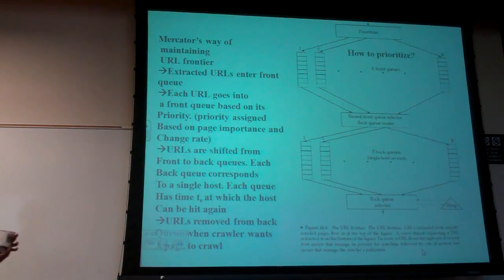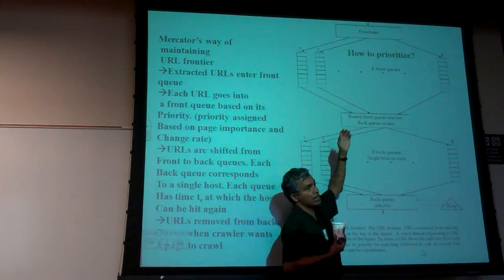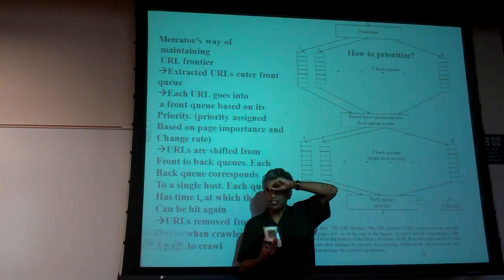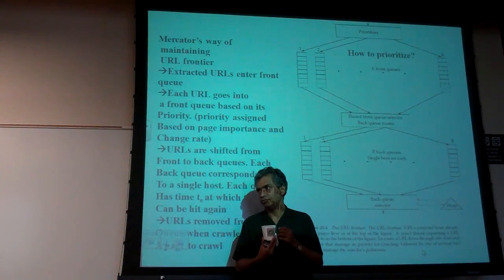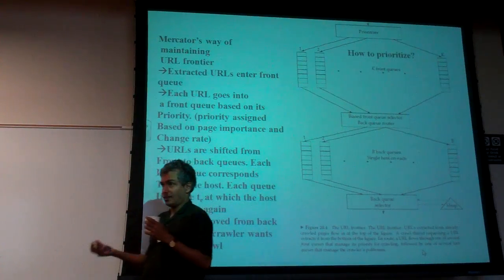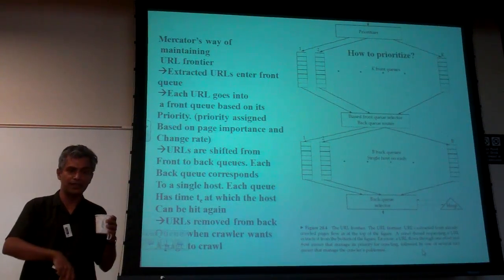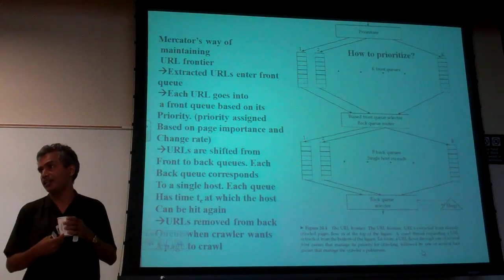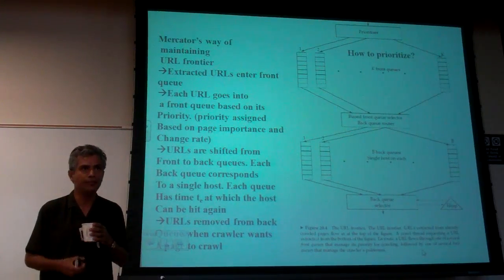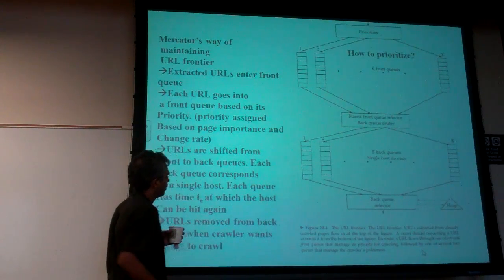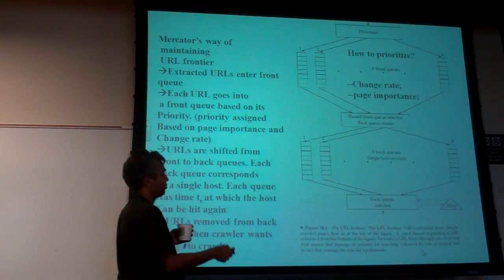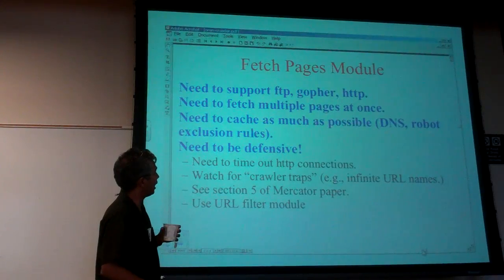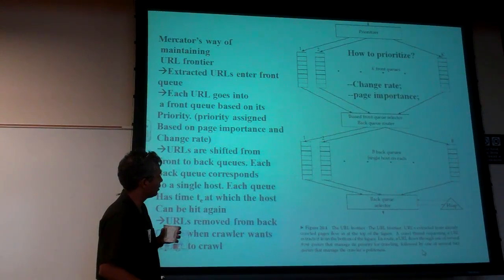Okay, so that's a good way to remember that in crawling you also care about the change rate. But it's not just the change rate either, because some nameless page that keeps changing, you don't necessarily care. So those two at least have to be taken into consideration, and now you have to put these apples and those oranges together to come up with a priority metric. So that's the basic idea: change rate and page importance at least. There can be other things you might think of, but those are the important things.